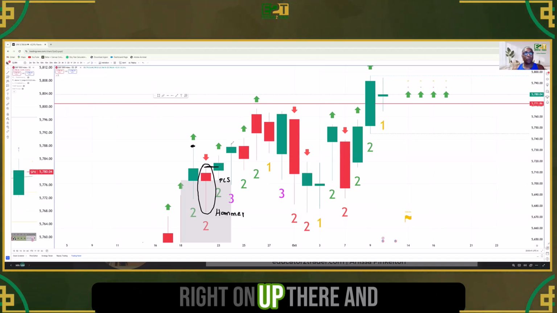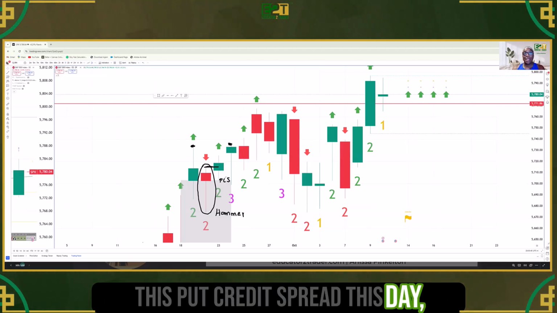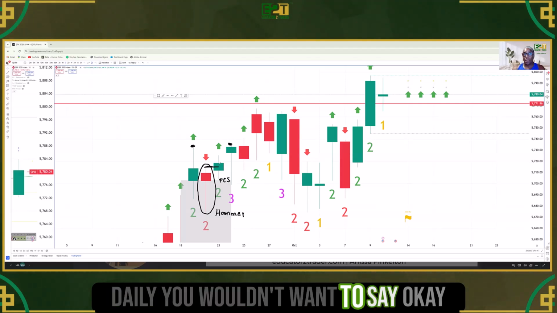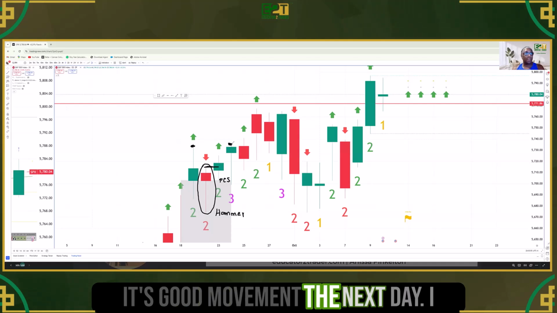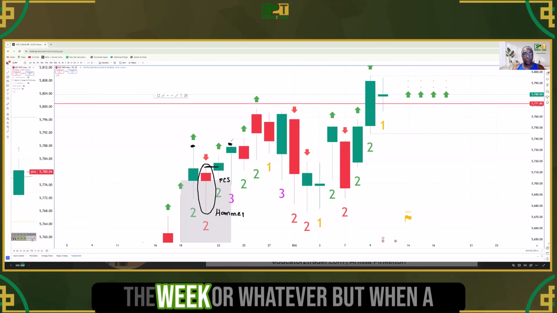And it got right on up there and did a turnaround. So if you entered this put credit spread this day, if you're entering just for daily, you would want to say, okay, it did its good movement. The next day, I don't know, I didn't look at the timing of the end of the week or whatever,